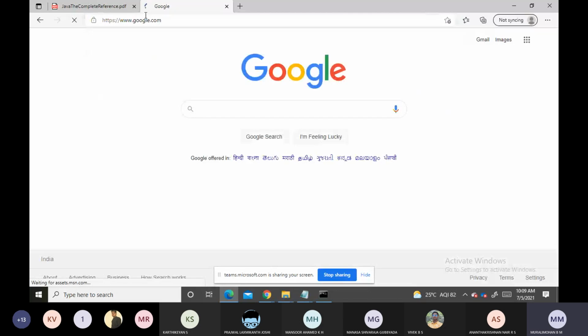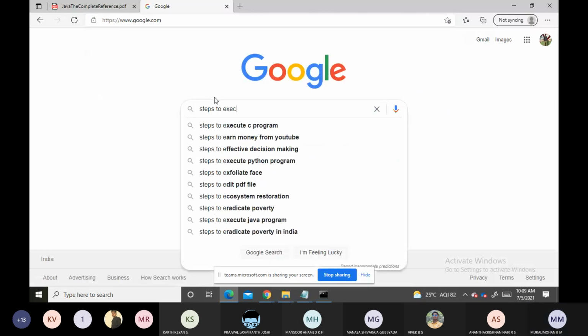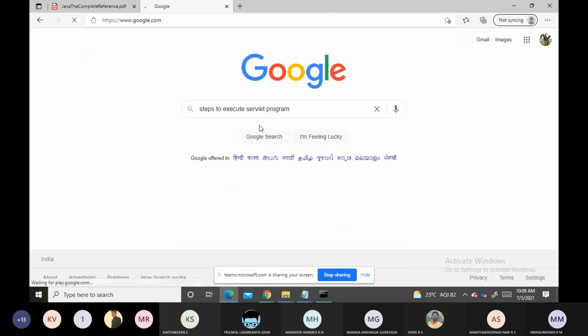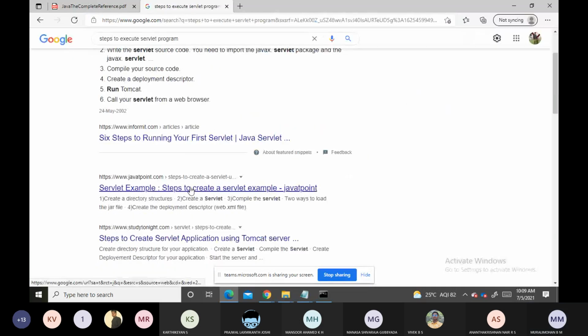So we'll give here the steps to execute a servlet program. So here you can just see, you'll get the steps here.